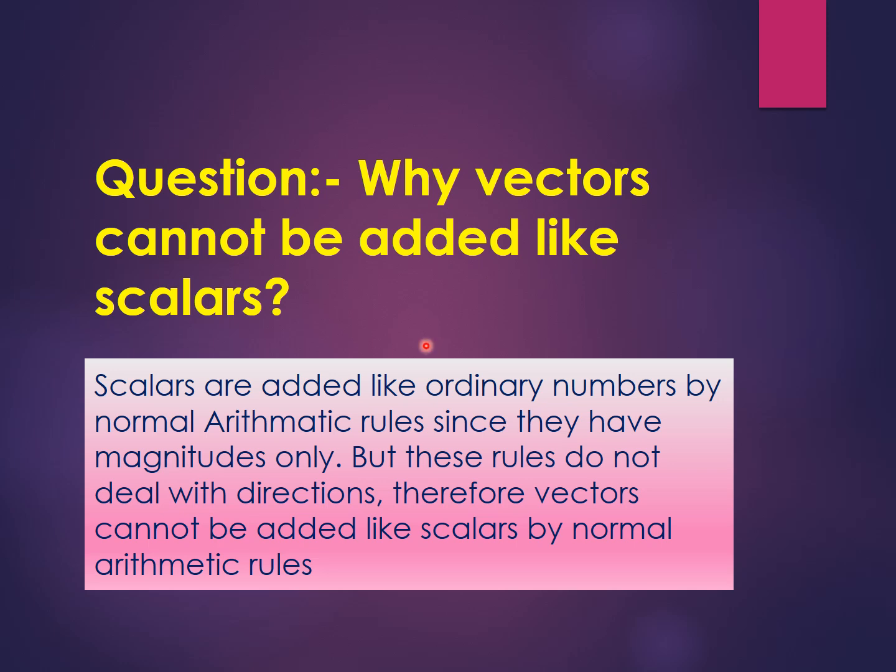But these rules do not deal with directions, and you know scalars do not have directions, vectors have directions. Therefore, vectors cannot be added like scalars by normal arithmetic rules. ये एक कंसेप्चुअल क्वेश्चन है, अक्सर पेपर में पूछा जाता है, तो आपको इसका पता होना चाहिए. ये एग्जामिनेशन पॉइंट ऑफ व्यू से एक इम्पॉर्टेंट आंसर है, तो आप वीडियो को स्टॉप करके इसको नोट भी कर सकते हैं।